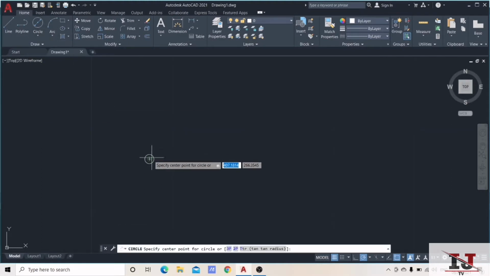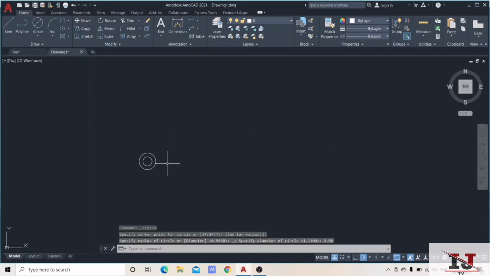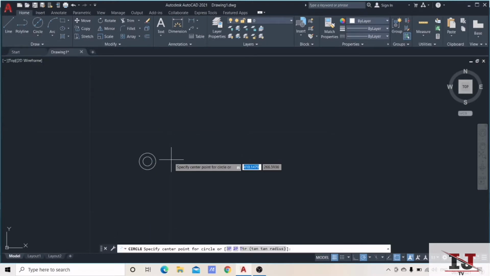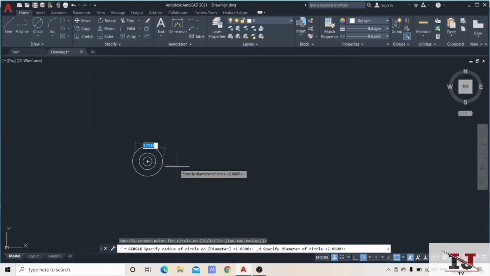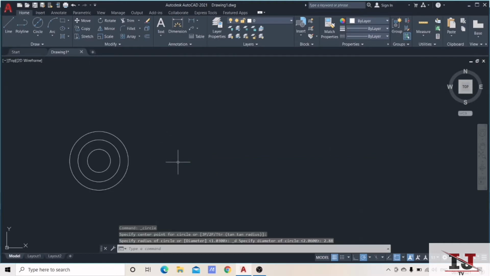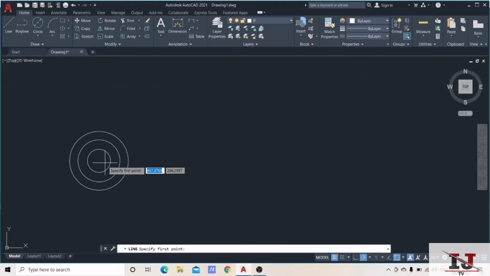And then another circle with a diameter of 2.06. And another one having the diameter of 2.88. The next thing we're going to do is to create a line